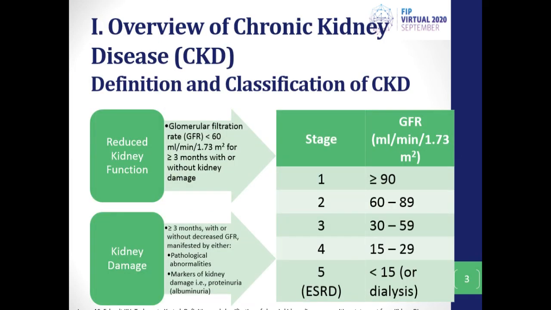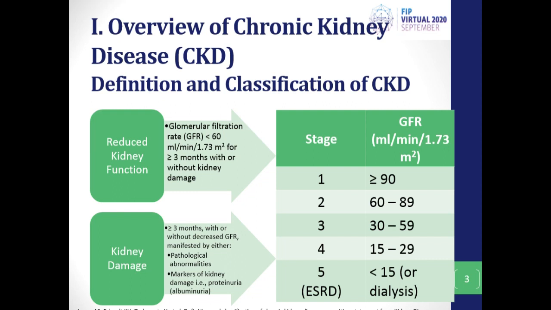I will start my presentation with an overview of chronic kidney disease. As a definition of CKD, it's defined by the presence of decreased kidney function or kidney damage for 3 or more months, irrespective of the cause. The persistence of the damage or decreased function for at least 3 months is necessary to distinguish CKD from acute kidney damage. Decreased kidney function refers to decreased glomerular filtration rate, or GFR, which is usually estimated using serum creatinine and one of several available equations.